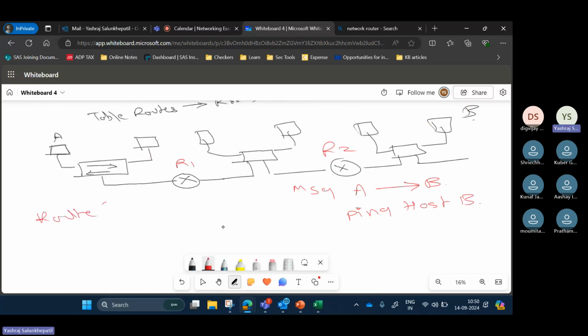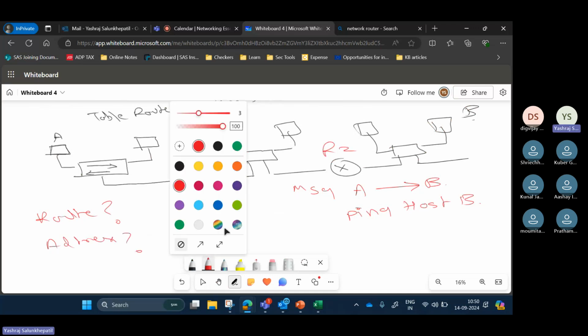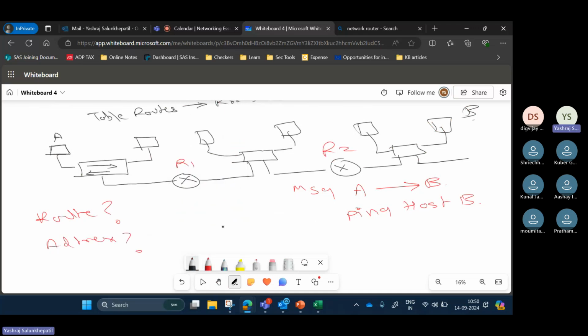What is the route? What is the address? Okay, where is that address? Where is that route? That route is in route table in R1 and R2.